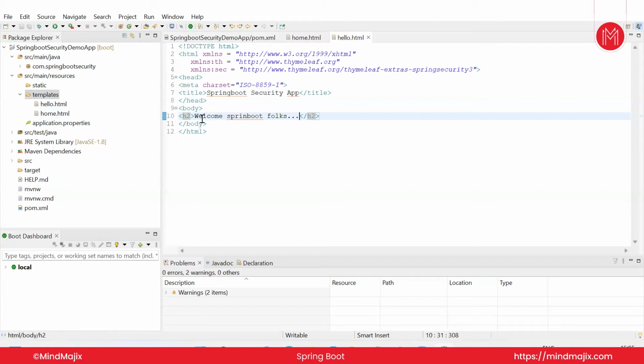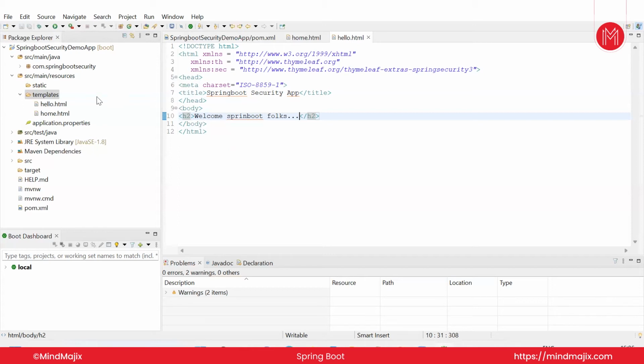Now we need to set up the Spring MVC view controller for the home and hello views. There are two views, right? Along with these two views, in future, I'm going to implement the login page also. But for these two views, I'm just going to focus on the controller. I mean to say, we just need to set up one simple Spring MVC view controller for this home page as well as the hello pages. Okay, so for this, I'm just going to create a